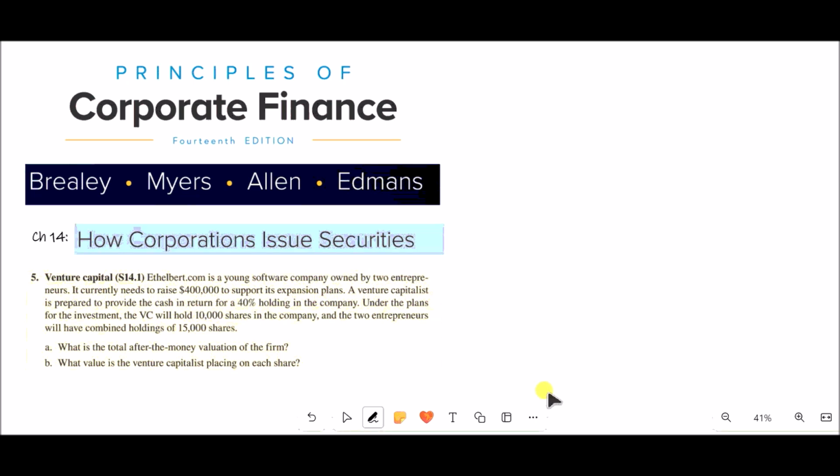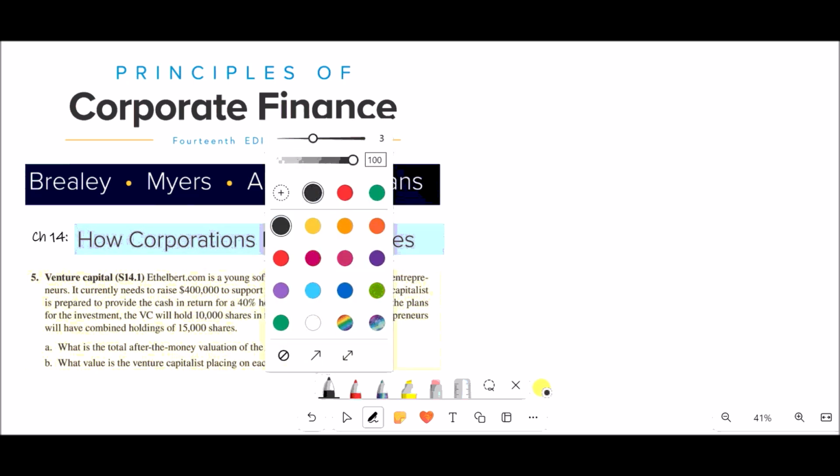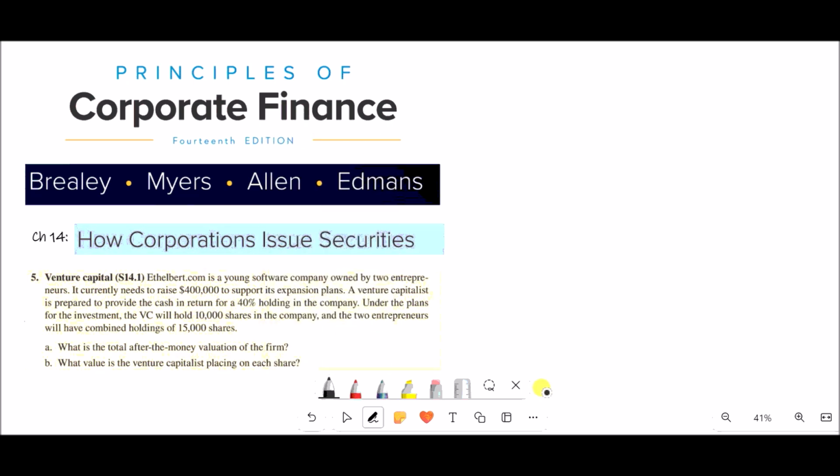This is question number 5 from the exercise of chapter 14. So let's read this question first. Apple.com is a young software company owned by two entrepreneurs. It currently needs to raise 400,000 to support its expansion plan. So their expansion plan is